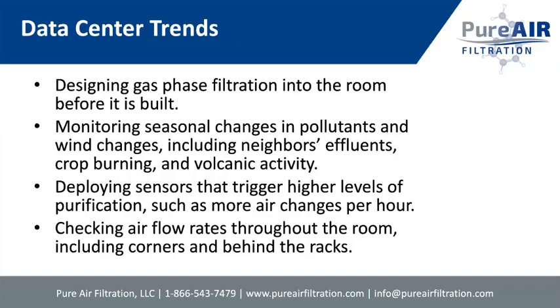Of course, it's not predictable, but nonetheless, the volcanic activity is not constant, and it can flare up and produce a lot of H2S, NO2, SO2 at varying times, and depending on the winds, then it could be a bigger or lesser problem for our customers. I see many of our customers starting to deploy sensors outside that trigger higher levels of purification, potentially